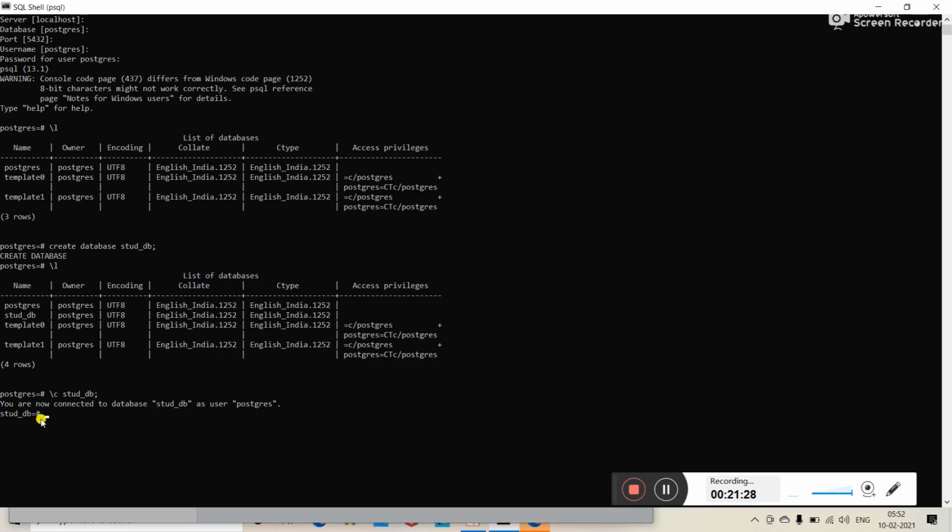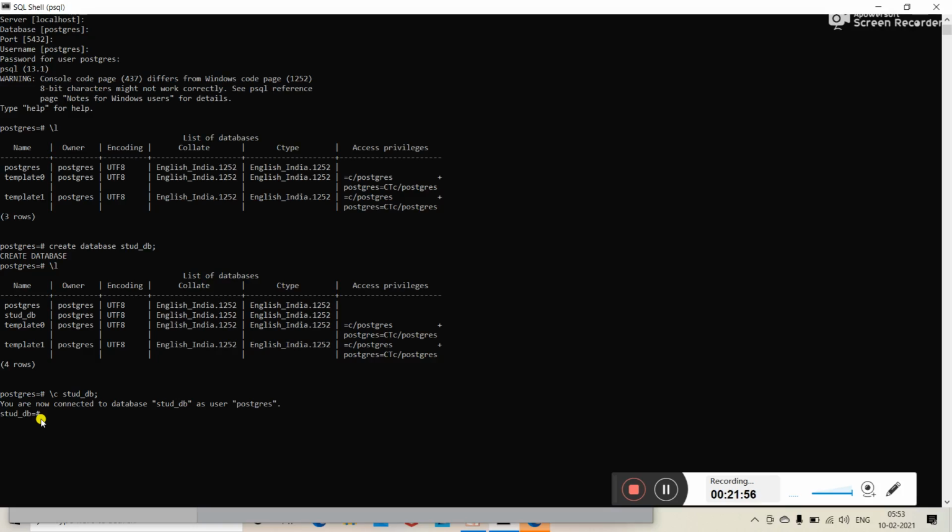So this is the way you can create a database, display the list of databases, and connect with a database. These are the three commands which we have seen. First one is \l to display the list of databases. The second command is CREATE DATABASE, which is used to create a new database.